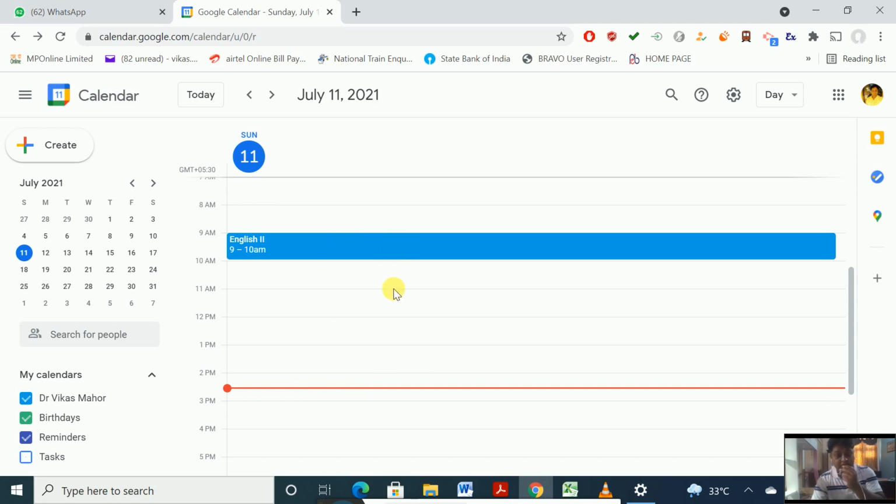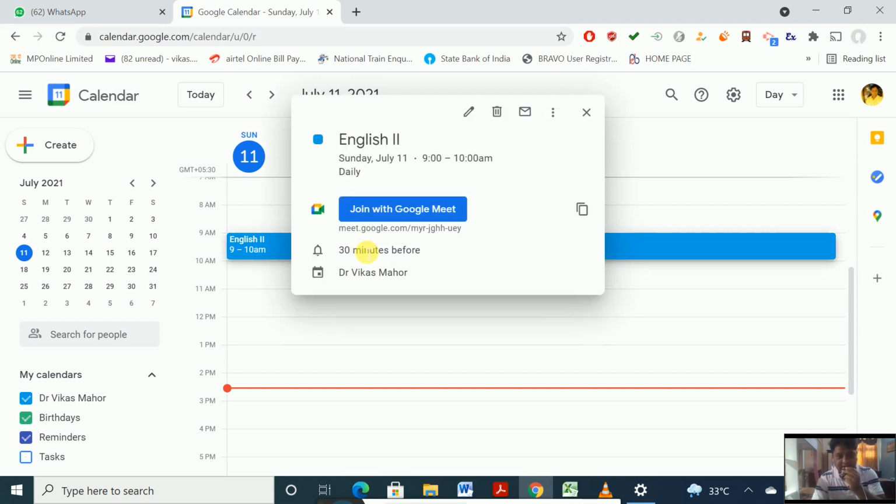Now how to send these links to your students. Just click on that blue box. You will have this box in front of you. Just click on this button which is in front of you. This will copy the link. I'm again repeating, just click on this, it will copy the link. So you have copied the link. A window will pop up from the bottom. You can see it shows that the link has been copied.